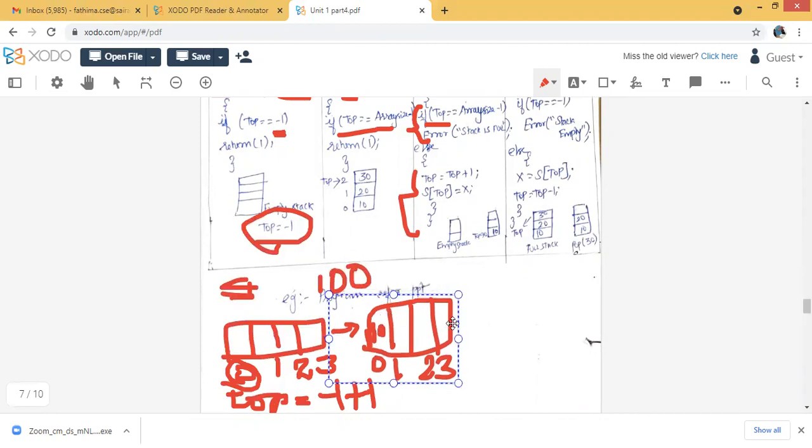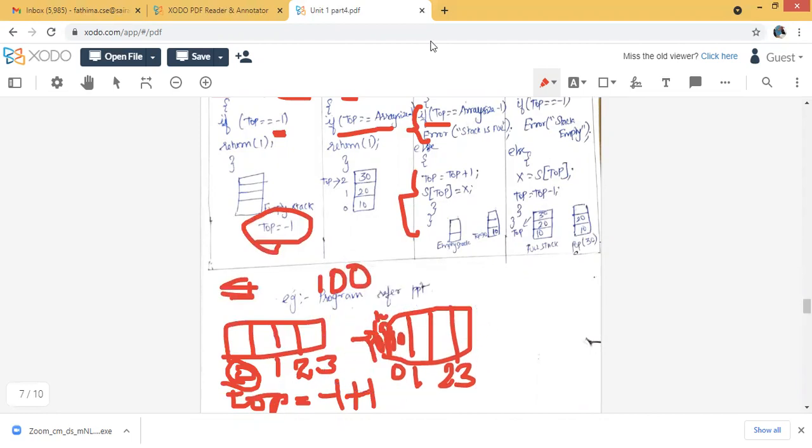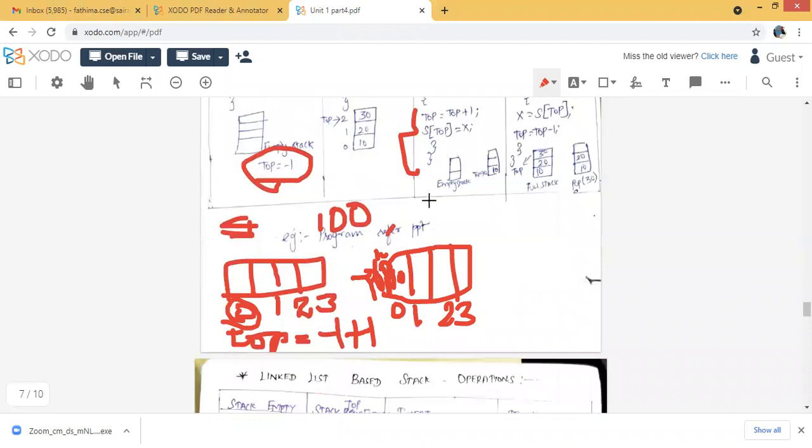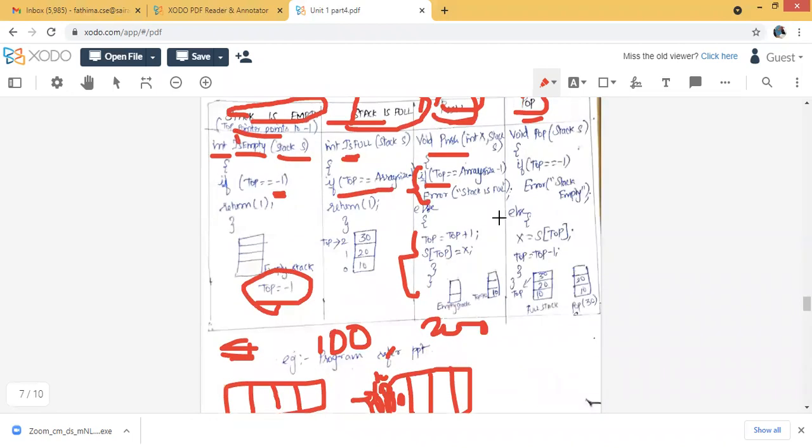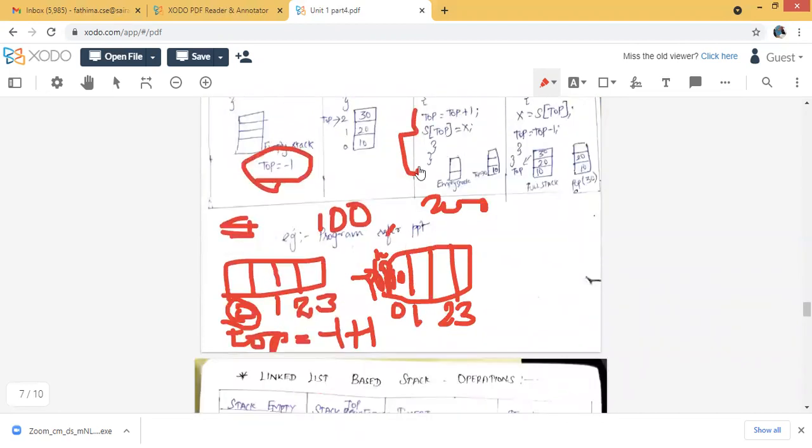Like that, if I want to push the element 200, I have to check whether top is array size - 1. No, obviously, so I will increment. Now this is my top from the previous step, so it will be incremented by 1: 0 plus 1 is 1. So at index 1, I place 200.